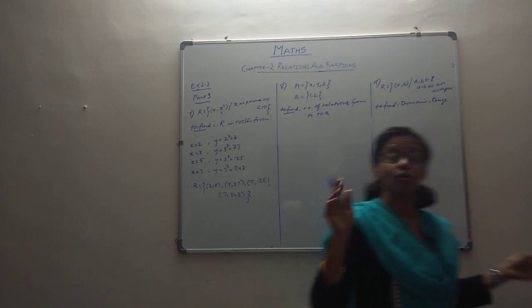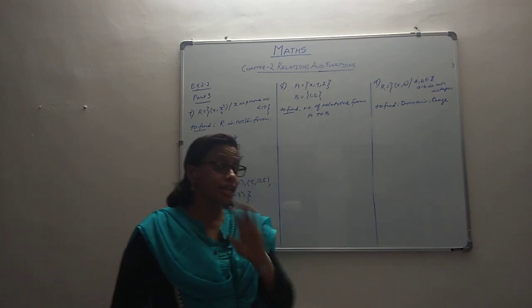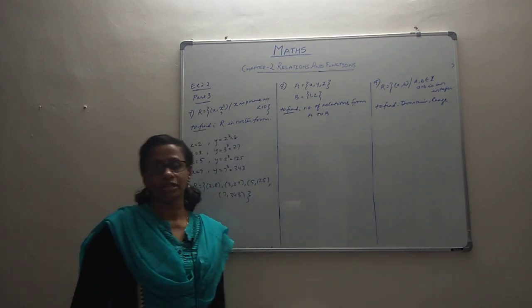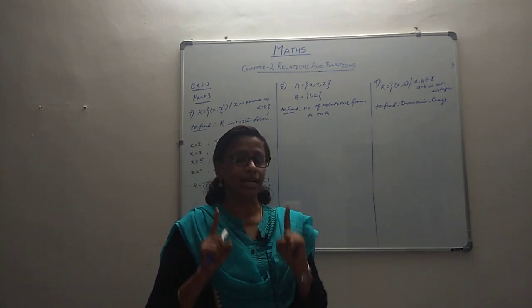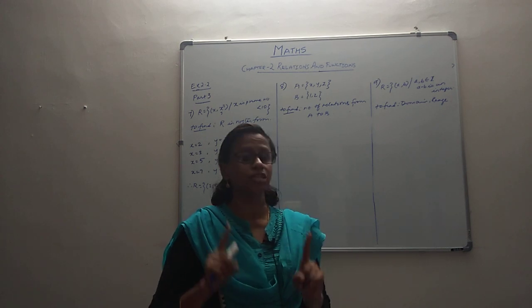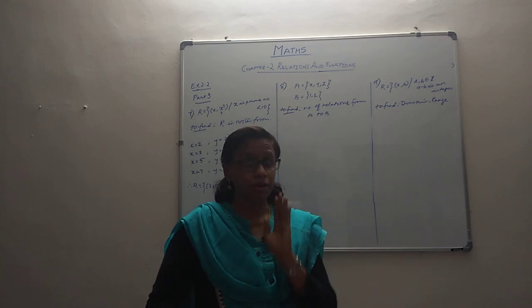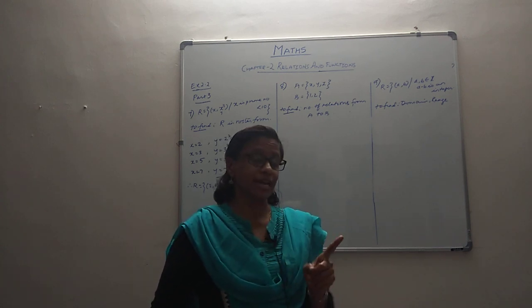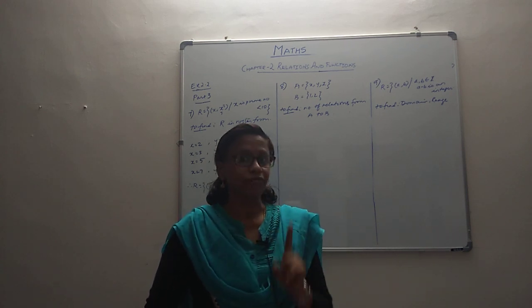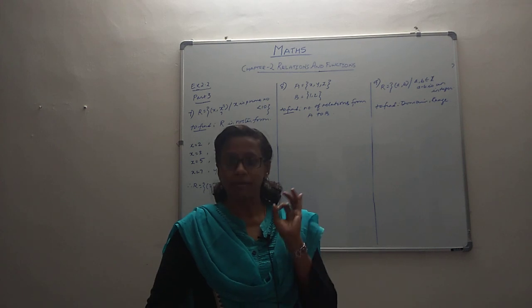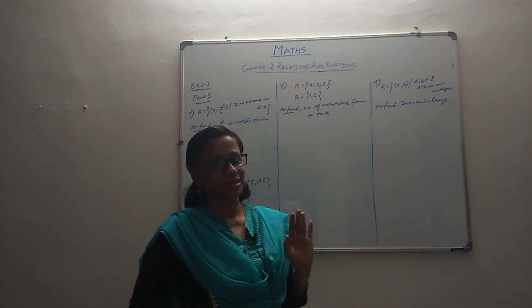We have not done this till now. All the time we were listing domain, range, roster form, set builder form and all that. We have not done the number of relations. So let's quickly find out the number of relations. Let's get ourselves revised. We have learned that the number of elements in the Cartesian product is number of elements in A into number of elements in B. So that many elements are there in the Cartesian product, and we did in the previous exercise that the number of relations is the number of subsets of this. And you know that for a given set with n elements, the number of subsets is always 2 raised to n. So that way we can find out the number of relations.